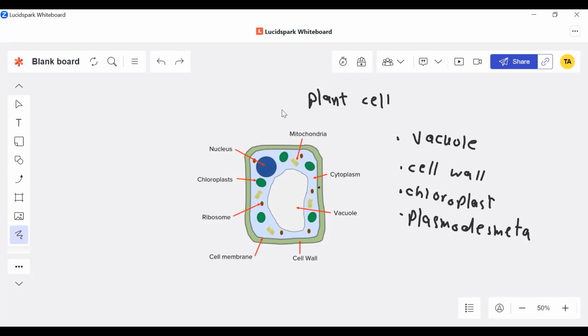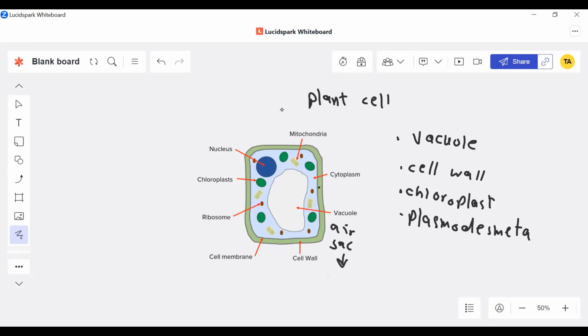What are these organelles? Let's start with the vacuole. You've already heard about the mitochondria, the cytoplasm, the ribosome, the nucleus. These are all the organelles that are found in the animal cell as well as the plant cell. So I'll not talk about these, but what I'll talk about are these organelles right here. The vacuole, this large vacuole, is an air sac,